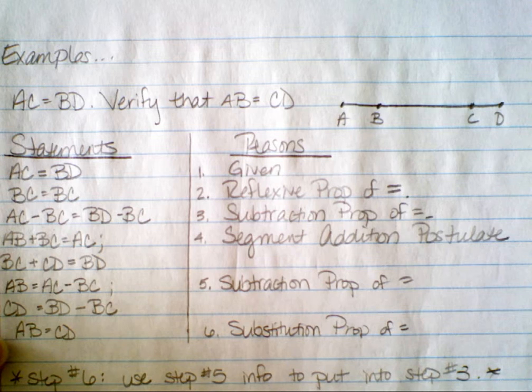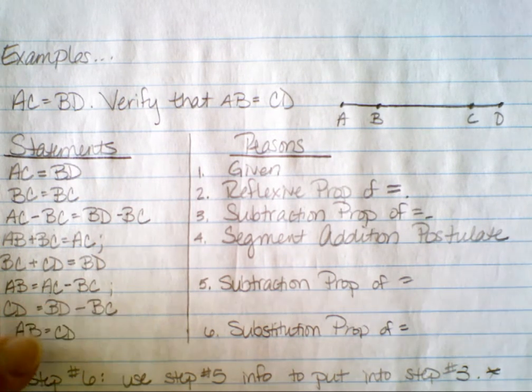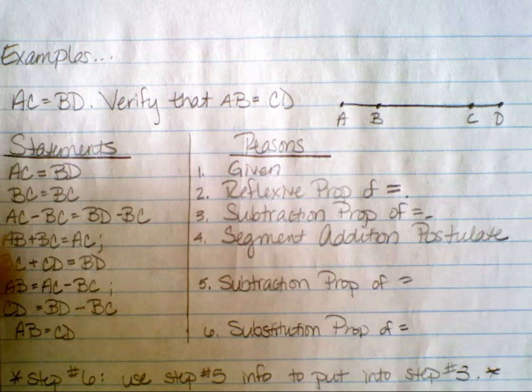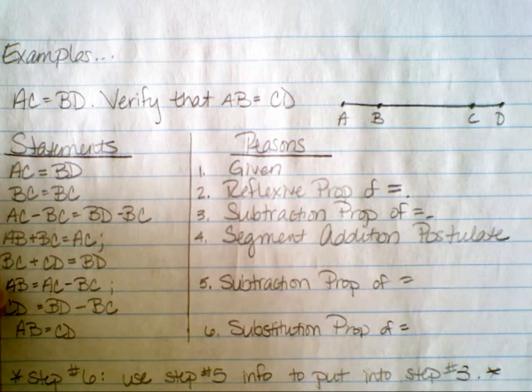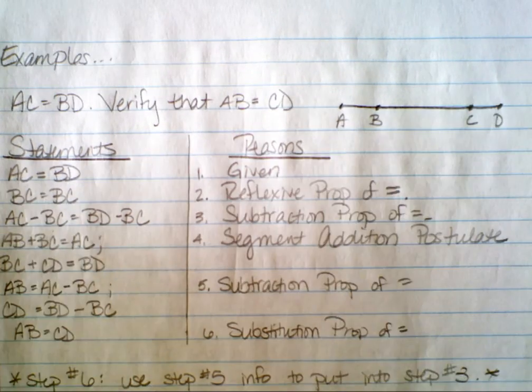Then that leaves, because now I have AB equals AC minus BC, and CD equals BD minus BC. But if you look up here, these two are equal to each other from up here, so then they can be substituted. These two can be substituted in its place. Take a minute and look